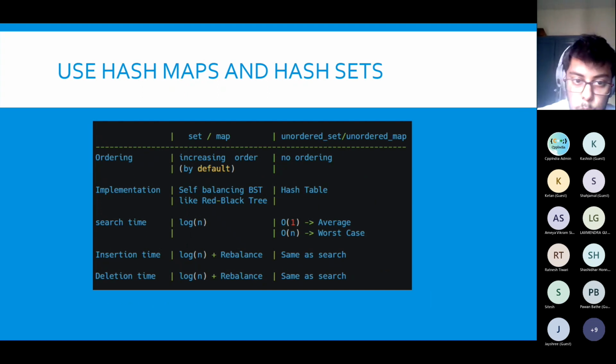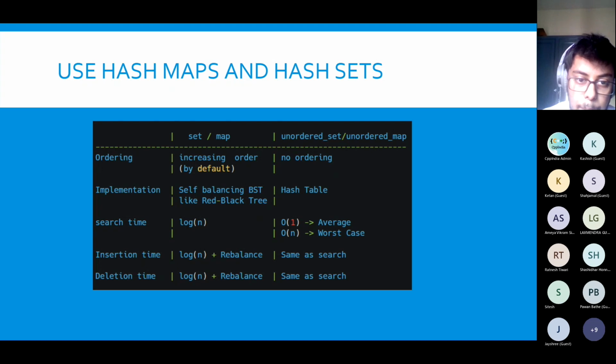One very important thing that I observed was that you can use hash maps and hash sets wherever we can, instead of maps and sets, because the implementation is completely different.